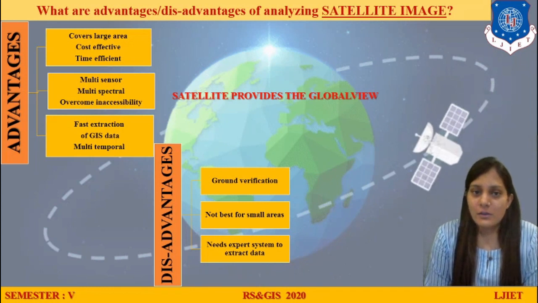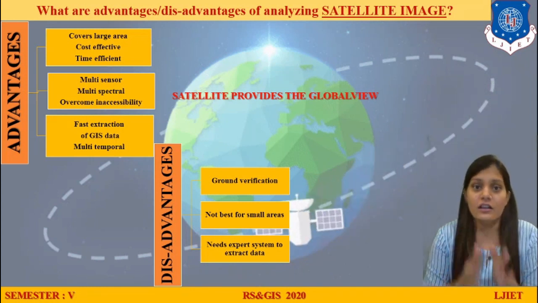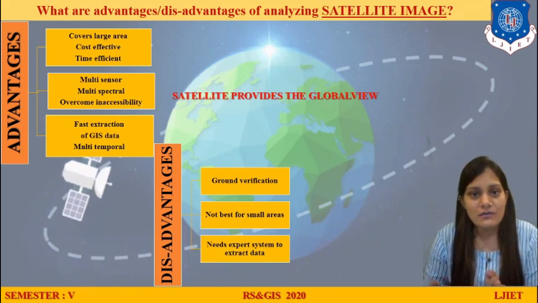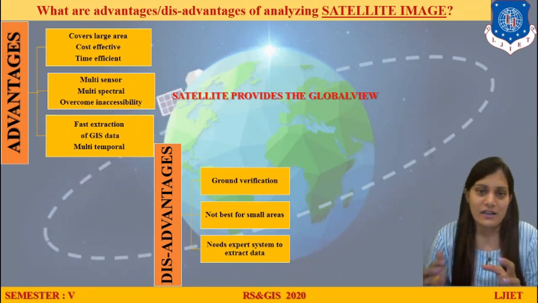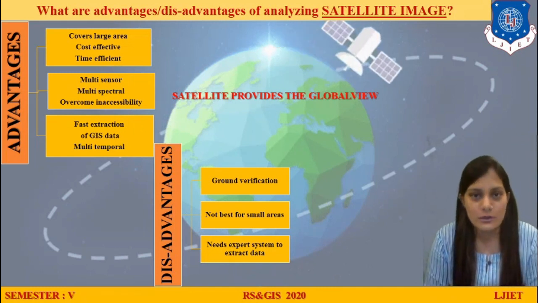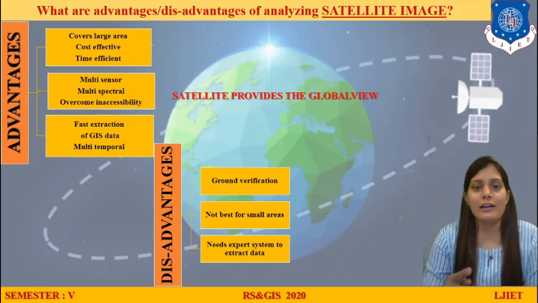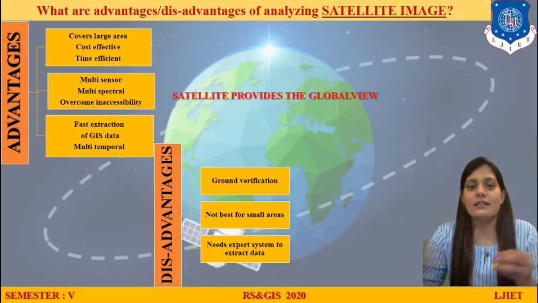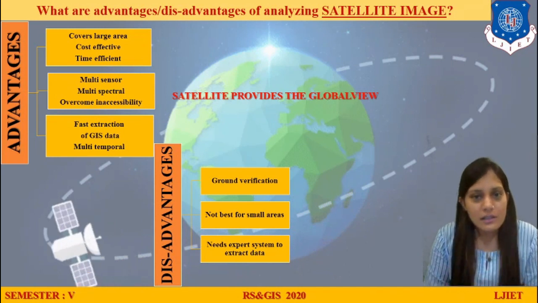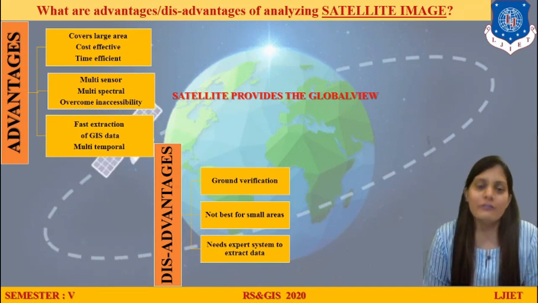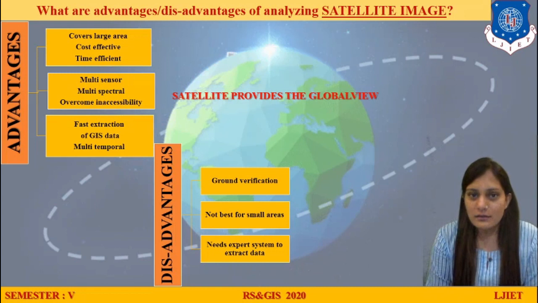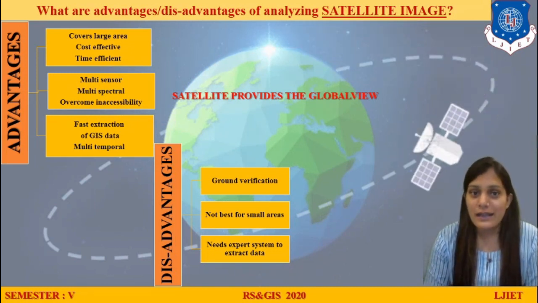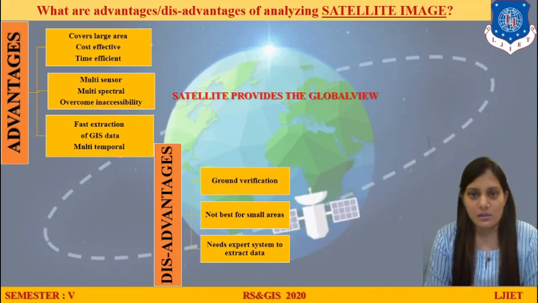Next, we get information in all types of bands. We have a colorful image and a black and white image, which is what is called multi-sensors. We have different numbers of bands, which we have already discussed in the fundamentals of remote sensing. You can see the background of the PPT: the satellite is moving around the earth, sending its rays to the earth and capturing the image. It is very simple, like the photographs we take on our mobile, and then we do analysis and get information from it.